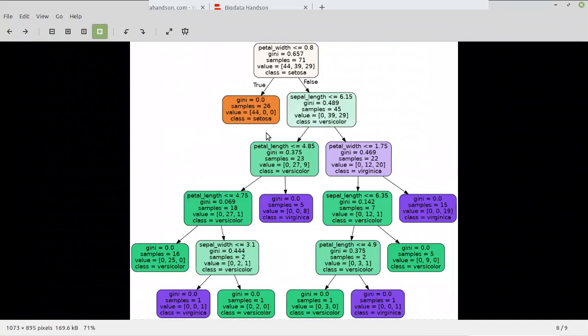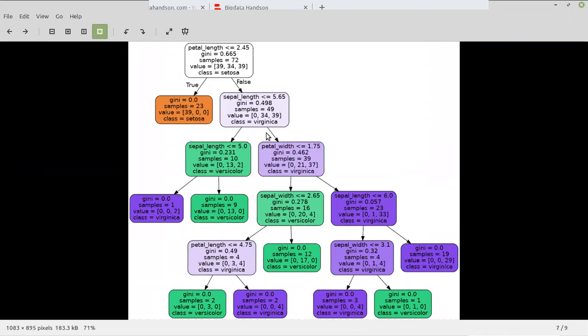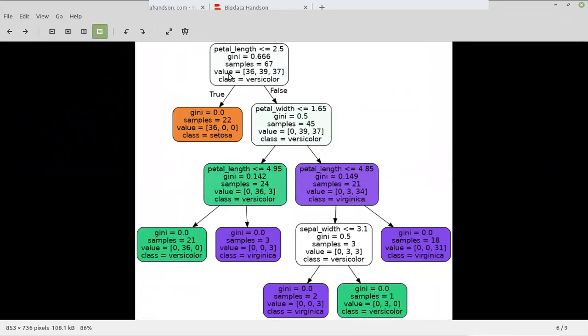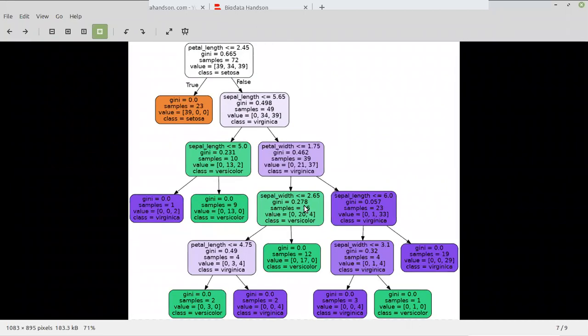Not this one. Petal length, petal width, sepal width. So it has 3 features. Now it may have the 4 features.